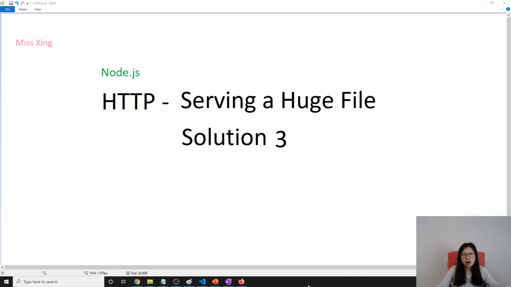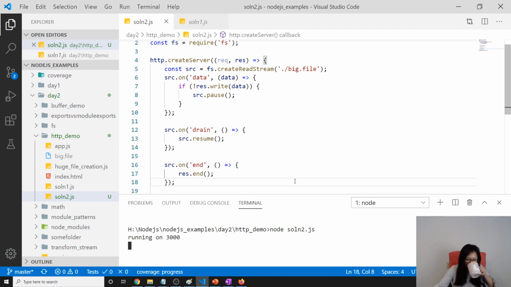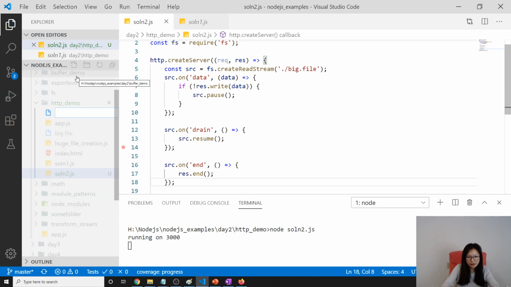This is gonna be our last solution for how to serve a huge file. And it's very, very simple, okay? And I think you already know. It's using pipe. Okay, so I'm gonna create a new file called